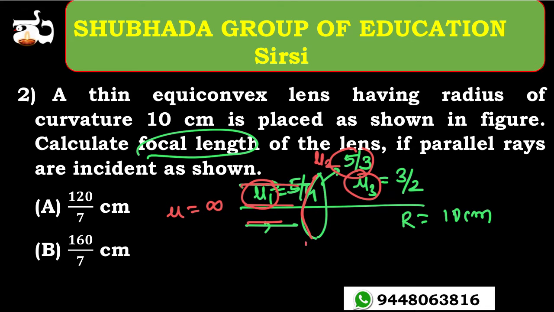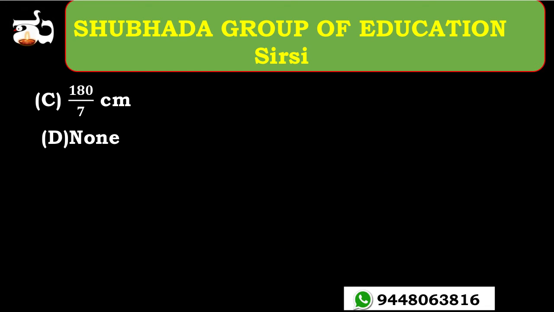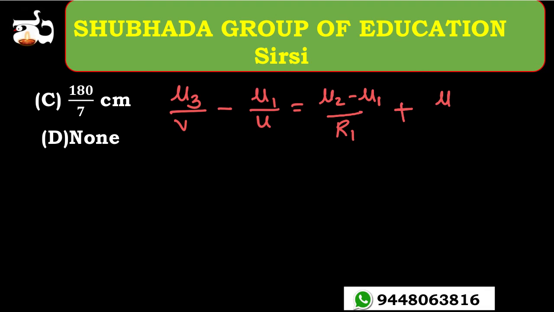As you know, R1 is like this and R2 should be in this way. I hope that you have clearly studied the refraction through the curved surface. Instead of mu 2, I can take the refractive index of the image space. The image is forming in the third medium, right? So it should be mu 3 divided by V minus mu 1 divided by U, that is equal to mu 2 minus mu 1 divided by R1 plus mu 3 minus mu 2 divided by R2.